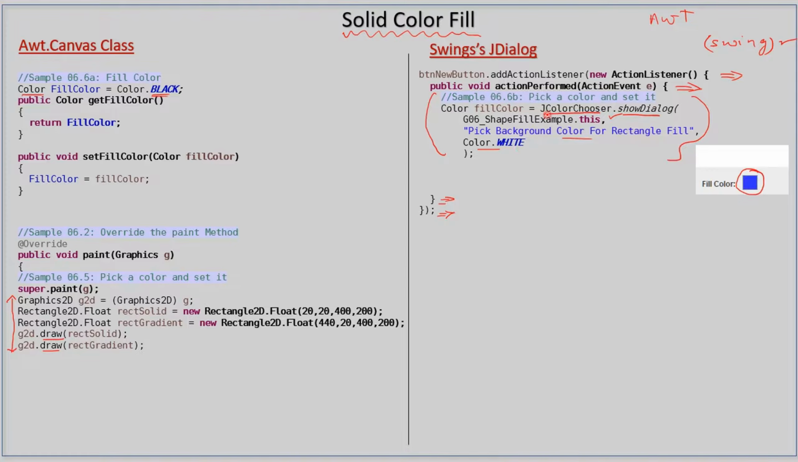So the JColorChooser dialog provides various ways of picking a color. Once the dialog is displayed, we will look into it. Once you pick the color, the picked color will be returned, and if you see, we are assigning that to the fill color. Here we are assigning it internally. After that we set the background for